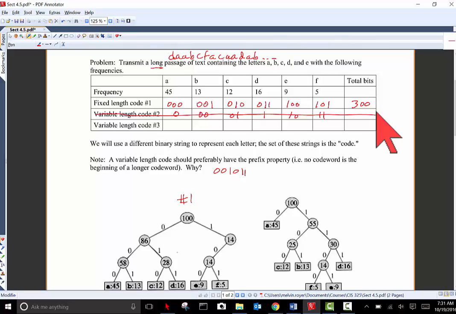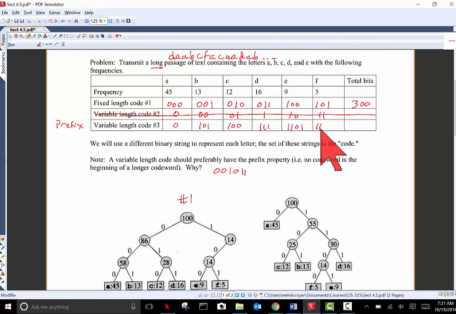What we want instead is a prefix code in which the beginning of one code word is never another entire code word. So let me show you an example. If I put a 0 here, because that's the most commonly occurring, and then I'll do a 101 and a 100 and a 111,